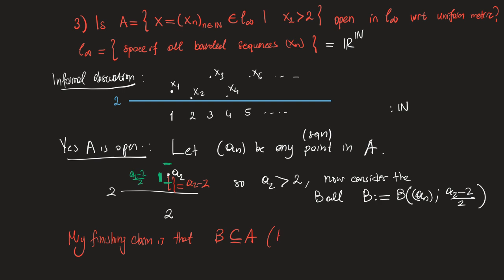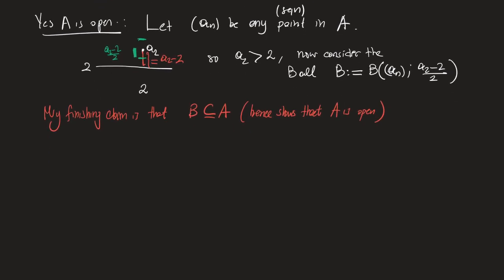Okay. Hence this shows that A is open. Because I have just taken any arbitrary point, any arbitrary sequence in the set, and if I can find a ball that entirely encloses this point and is entirely in this set A, it is finished, right? So I need to show this. So given any xn from the ball means